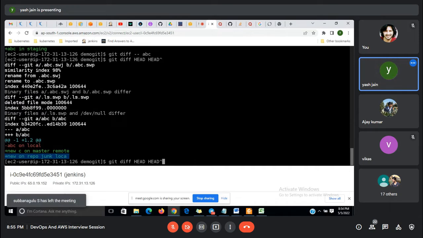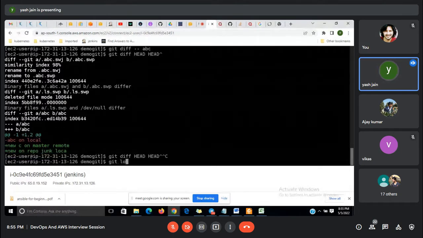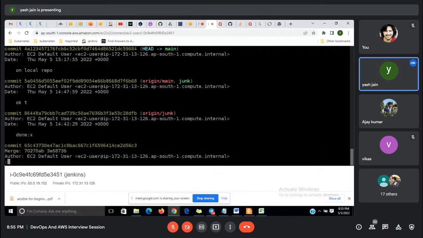And if we want to know the difference between any two commits, I put the first commit ID and the second commit ID, so it